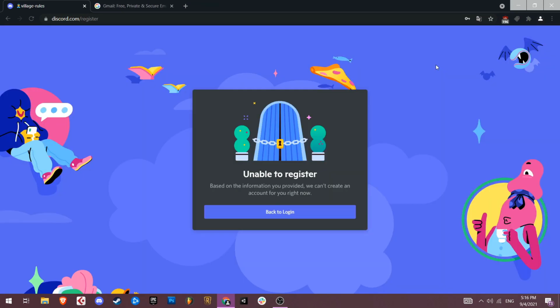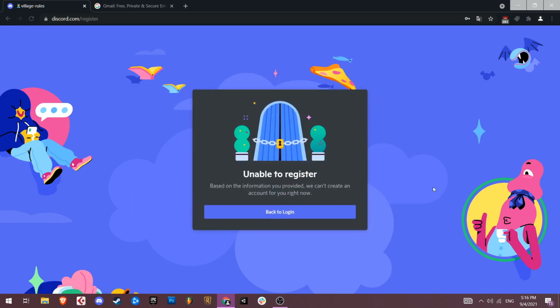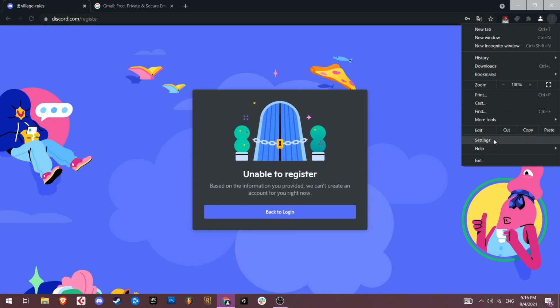So if you're too young for Discord, you might be blocked on this page. Even if you go back to login and try to register again, you're still blocked. So you need to go on the parameters of your browser. Click settings,